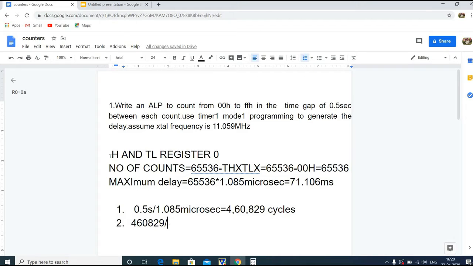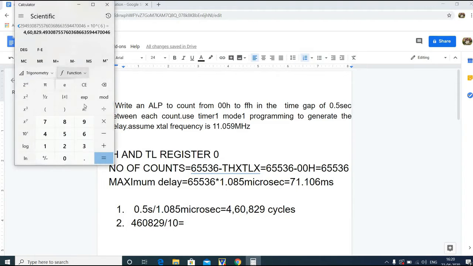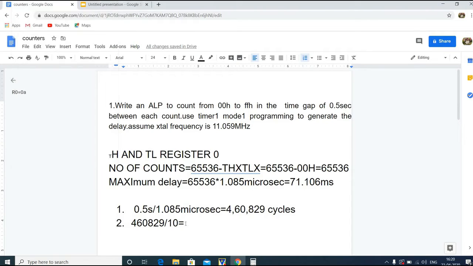For example, I'll divide by 10. If I divide 460,829 by 10, what I get here is 46,082.